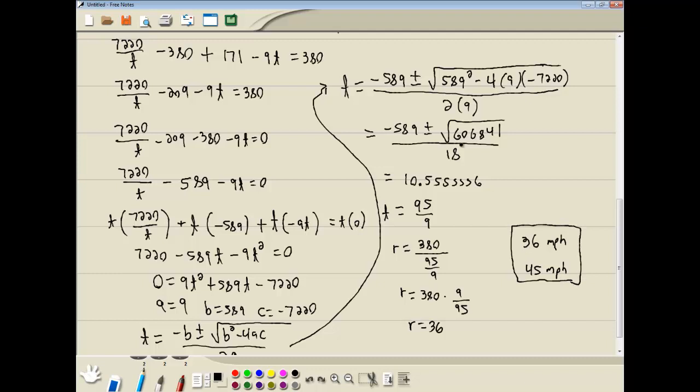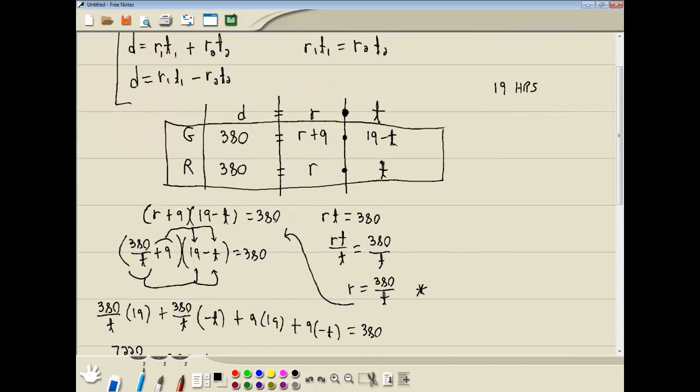Now that's just one method of solving that particular problem. There's other methods, different ways you can do substitution and so forth. Probably even different ways you could set this up. But